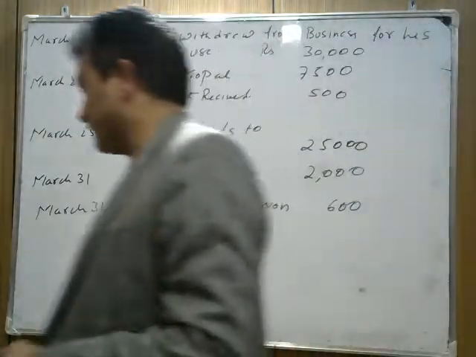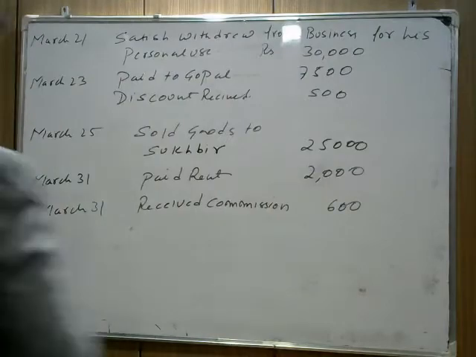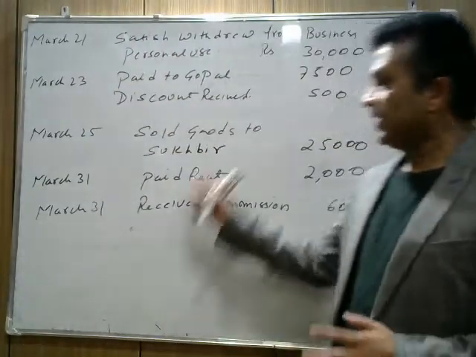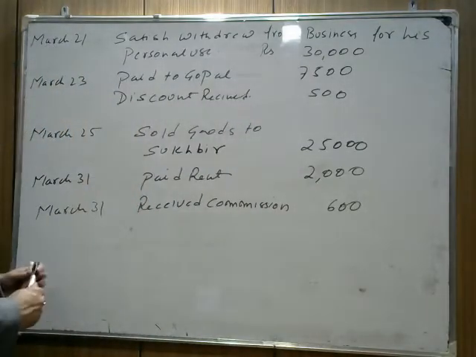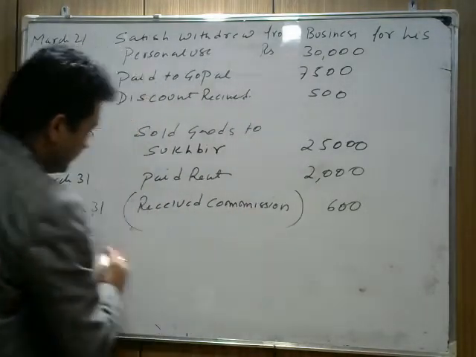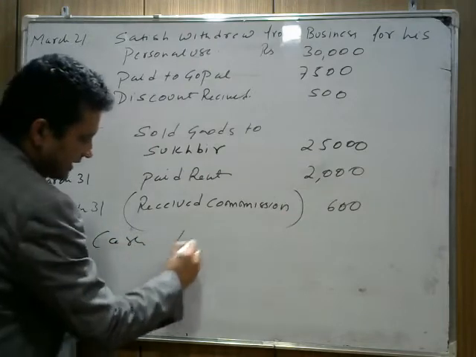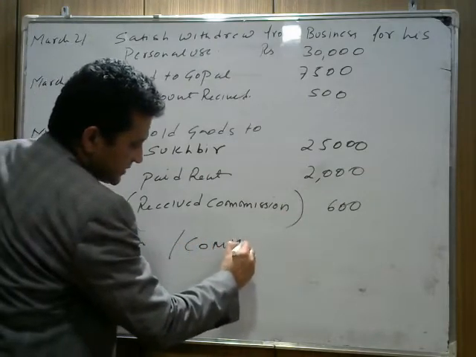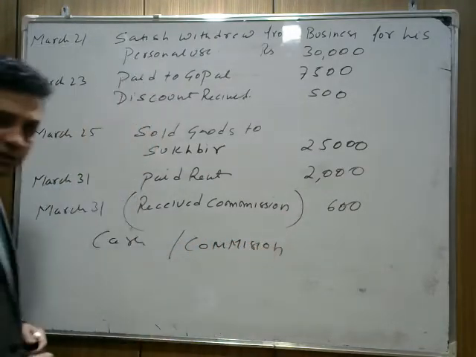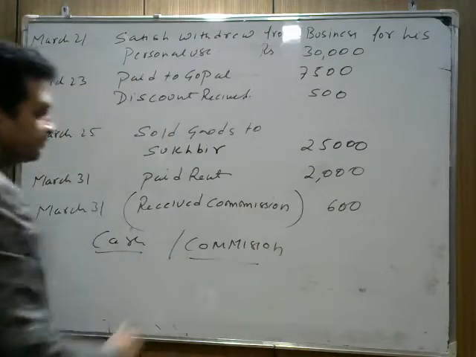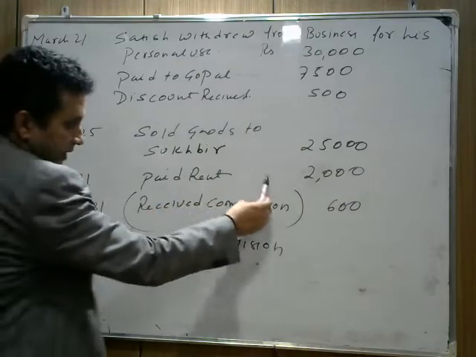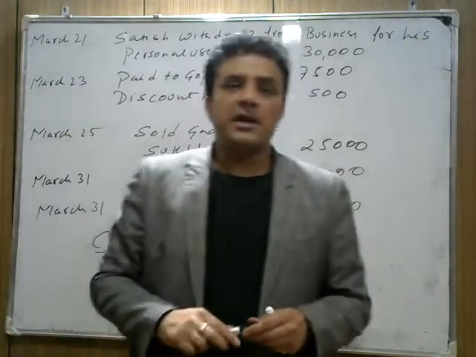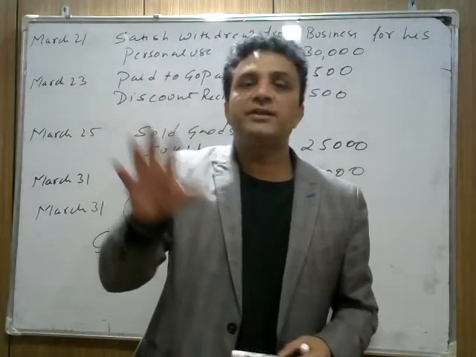Now understand the terms very carefully because this is the important part. When we talk about received commission or any transaction, you know that two things are involved. When we say received commission, it's cash and commission. So in ledgers we need to prepare two different accounts, cash and commission. When we pay rent, cash is involved, so we need to prepare the rent account and the cash account. So ledgers means transferring the accounts to their homes.